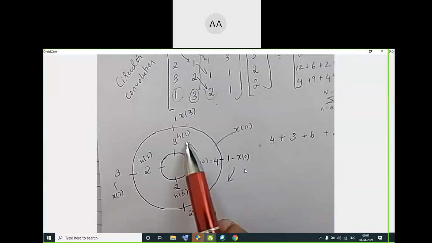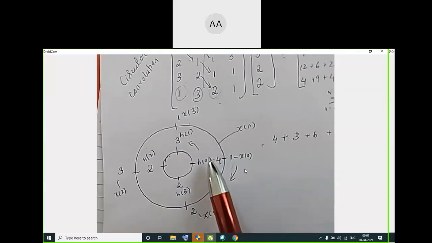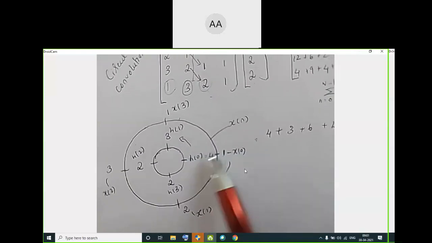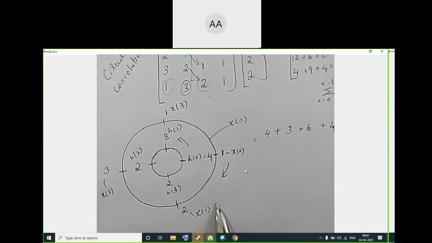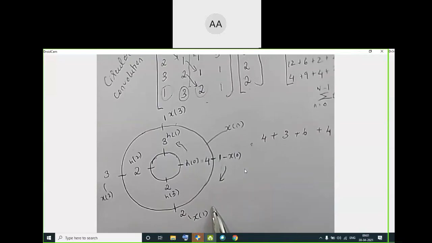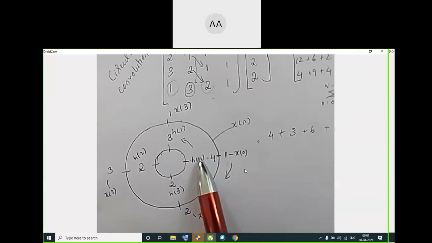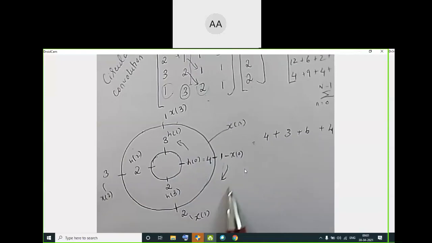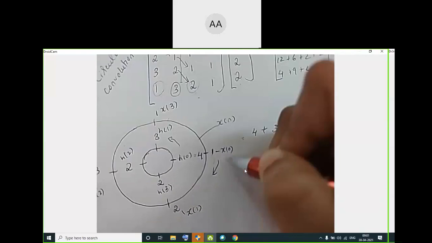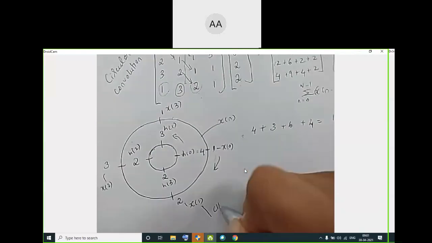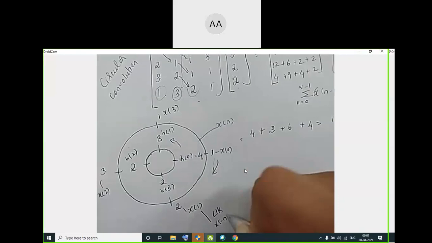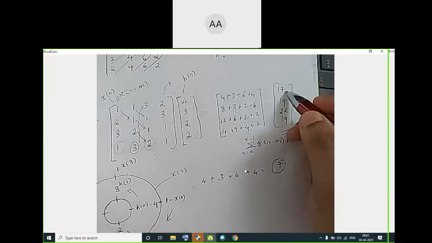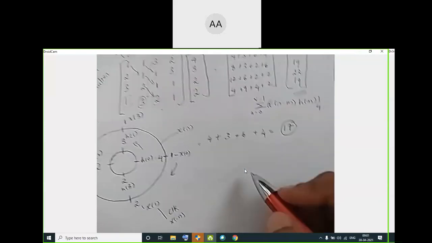So in the inside term, suppose anti-clockwise you're considering as reference, this term, whatever is there inside, is your h of n. If you're writing it in the opposite direction, this is nothing but negative. So I am following this convention. H of 0, h of 1, h of 2, h of 3 you're going in the anti-clockwise. This one I'm going in the clockwise. So this is your x of minus n. Whatever you have written clockwise is nothing but x of minus n. So I got my first term of my convolution, 17, which is the same as this only. Okay, so I will show you the next also.